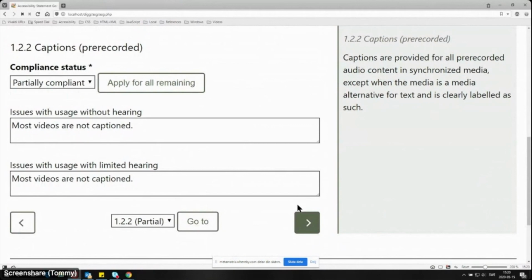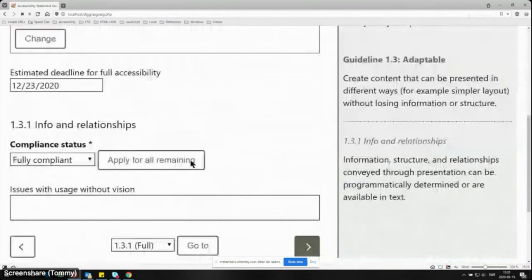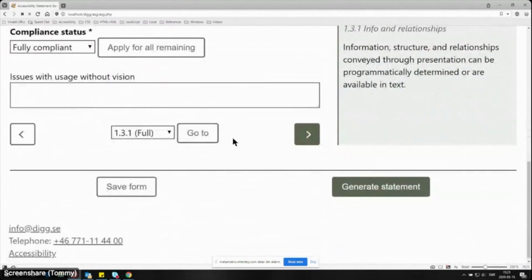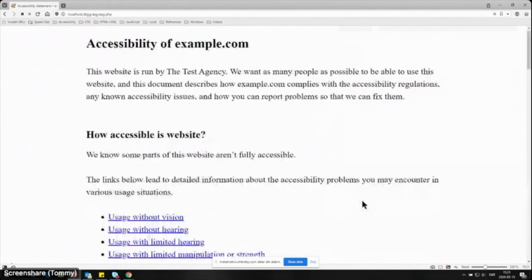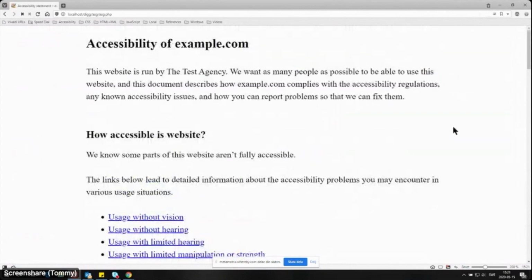And when you're done, you can just go to one that is fully compliant, and then you just click apply for all remaining, and it will fill in this status for every criterion that does not yet have another status. So that is basically what you do. You go through this, and when you're done or when you feel like it, you can click save the form. You get the file manager, typical from your operating system, and you can save this XML file somewhere on your hard drive. And when you're finished, satisfied with everything, you click generate statement, and you get the completed accessibility statement